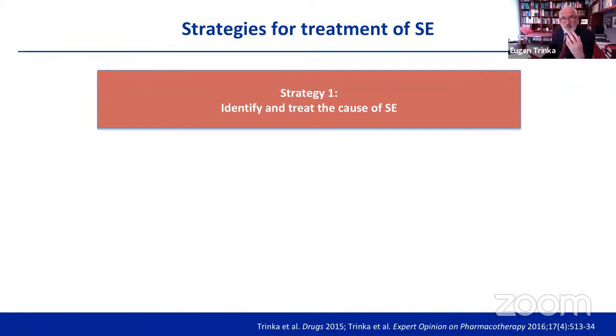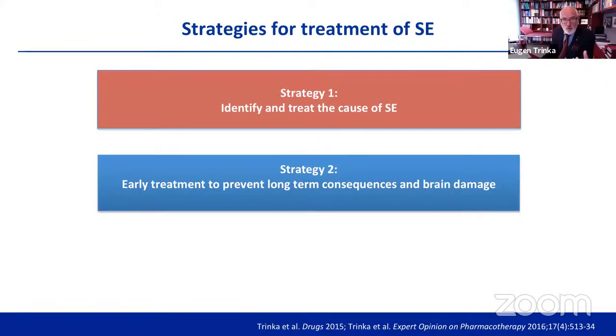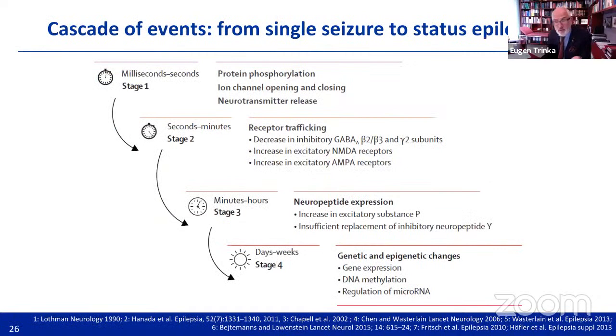And there are some strategies. Number 1, identify and treat the cause. That's important. Number 2 is early treatment to prevent the long-term consequences. And as I said previously, there is a cascade of events. And this very nice graph by Beitjeman and